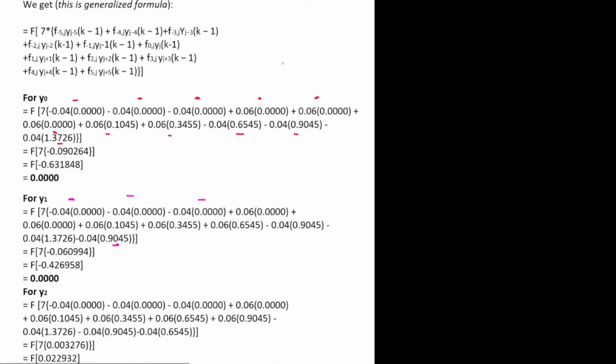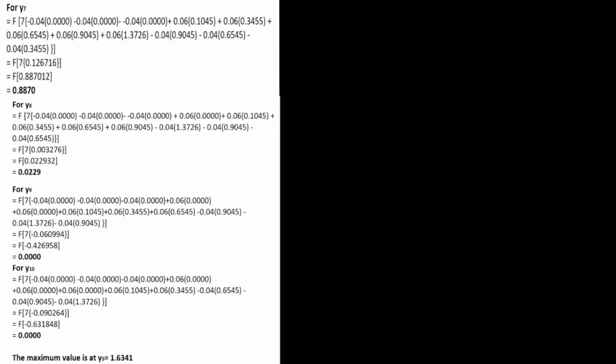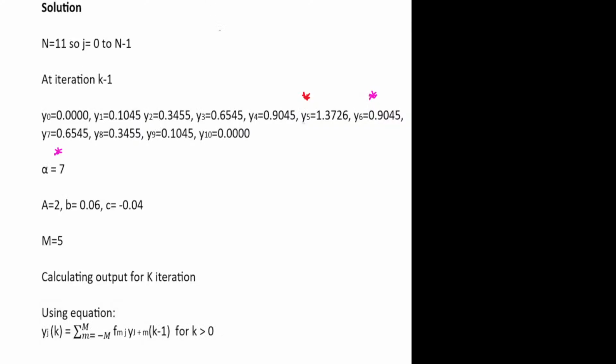So we are going to have y2, then y3, y4, y5, y6, y7, y8, y9, y10. We go up to 10, and that is it, because that's our range, 0 to 10. Okay,